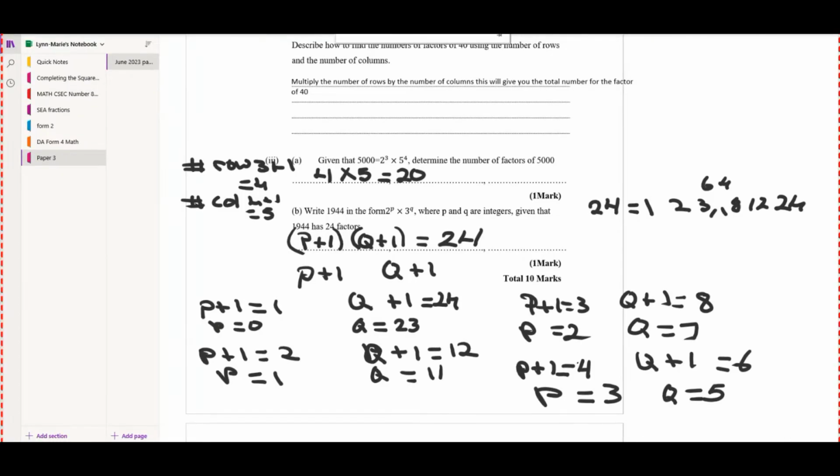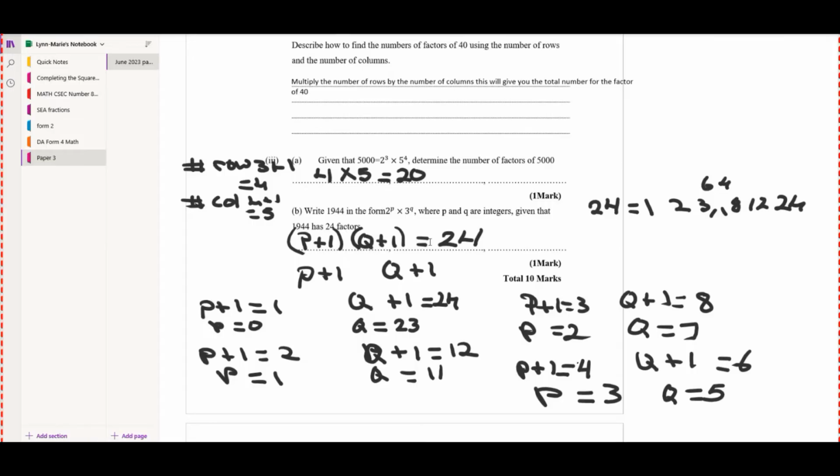What you are going to do is take the values that you get for P and Q and put them here. So you're going to put 2 to the power of 1, multiplied by 3 to the power, what was Q when P was equal, 2 to the power of 0, multiplied by